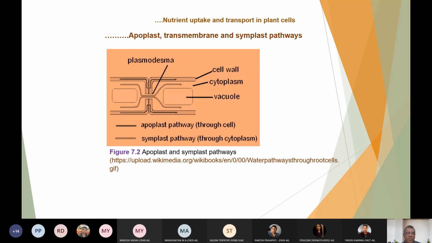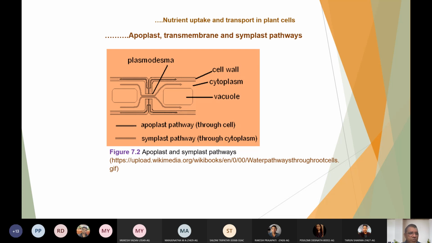Now you see this picture, it will make the apoplastic and symplastic pathways of movement very clear. You can see outside is the cell wall, and inside the cell wall you have the cell membrane, and in between the cell membrane and cell wall you have some spaces. And they are also connected from one cell to another cell. So these are apoplastic spaces or apoplastic movement. And then symplastic movement is happening from cell to cell.